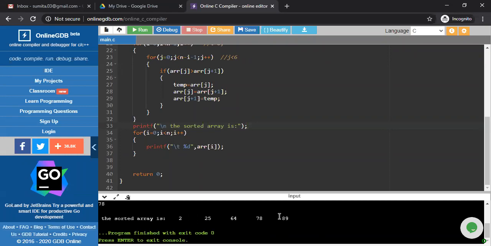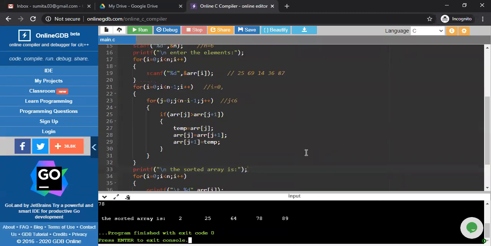In the previous example, we took all the values in descending order. And I am telling you that if you take random values, the algorithm will also work for all the values you have taken, random wise, descending wise, whatever you say. So now we took some values in a random manner, and according to this program, the output is all the elements sorted in ascending order. So this is simple bubble sort.